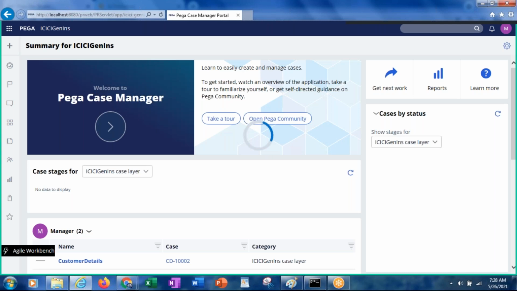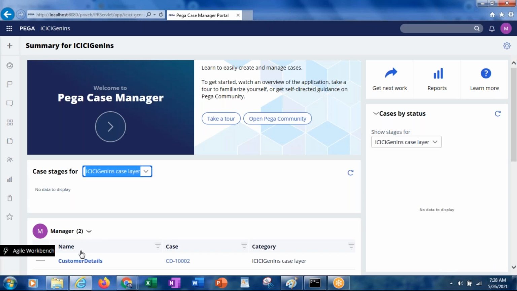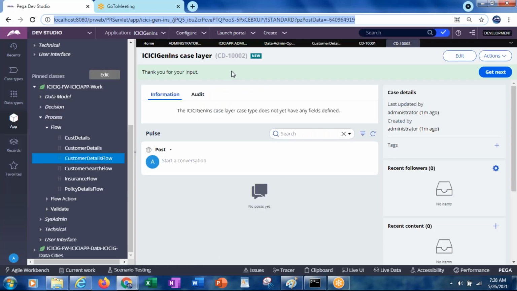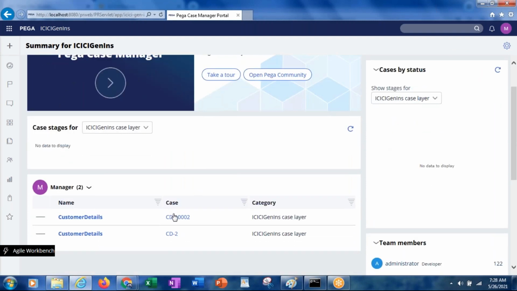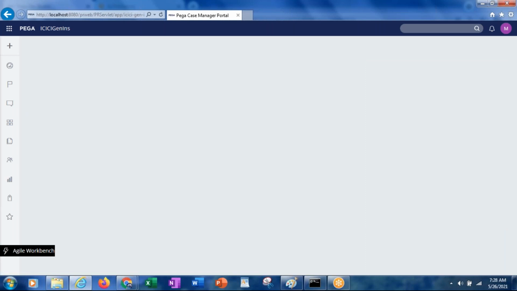Here if you see the manager, the customer details CD-10002. The one which was created with the administrator, that case is now available under the manager. So now this manager can open this case and enter the details accordingly.